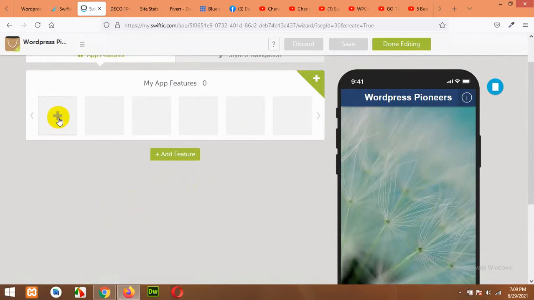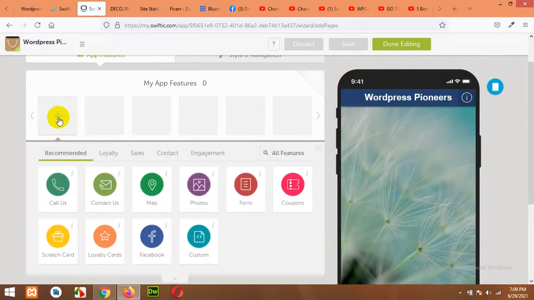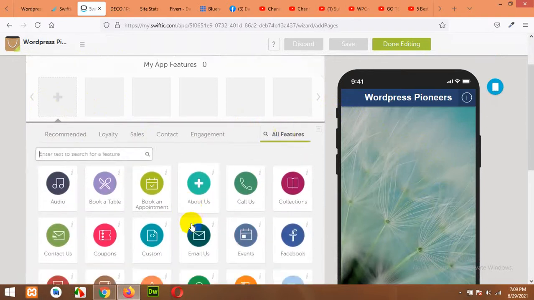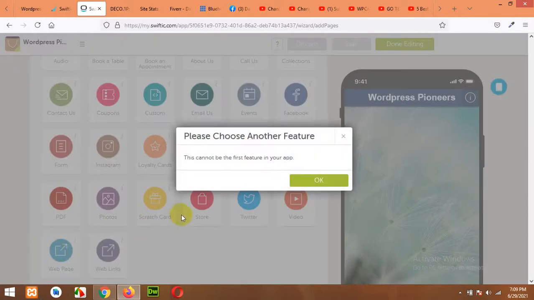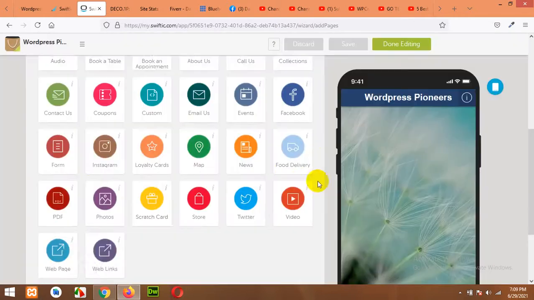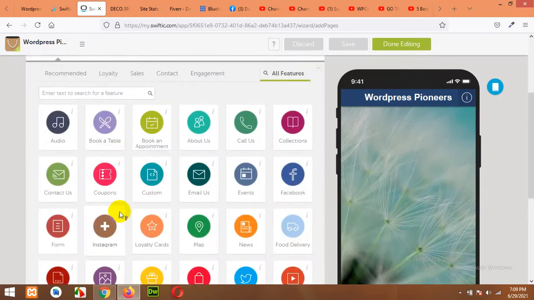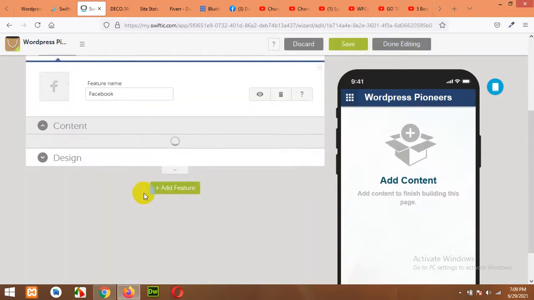So first of all, we will add a home page link. Click on add and click on all features. Scroll down and click web page. Okay, the first feature must be something else, such as Facebook.